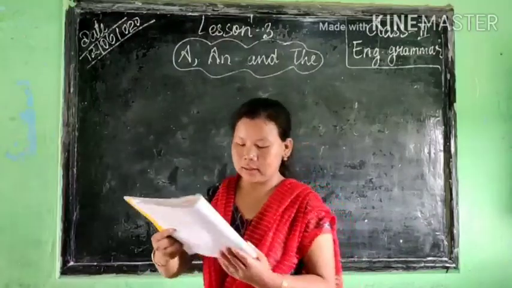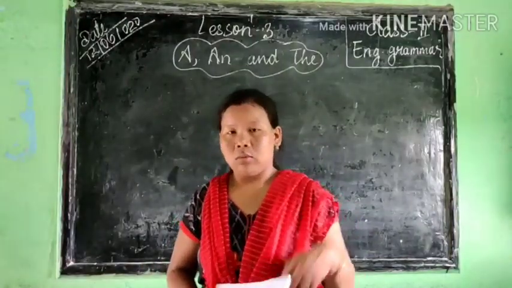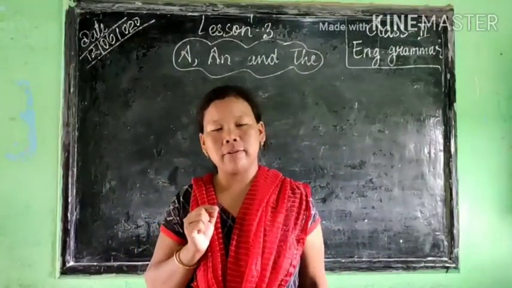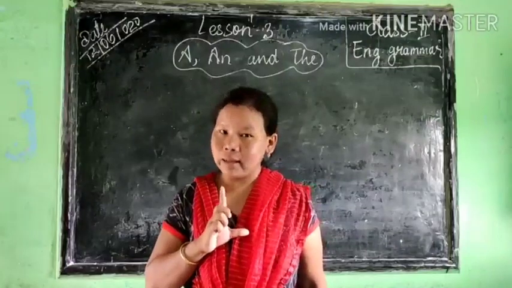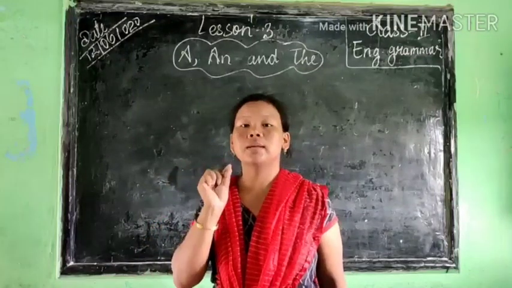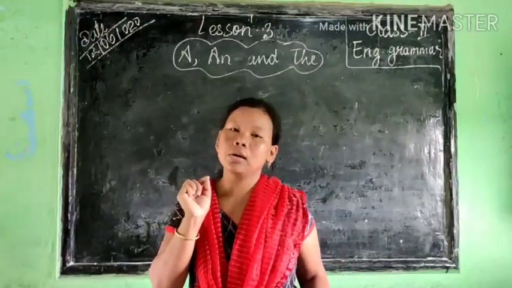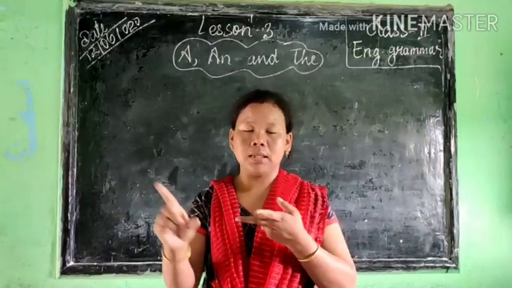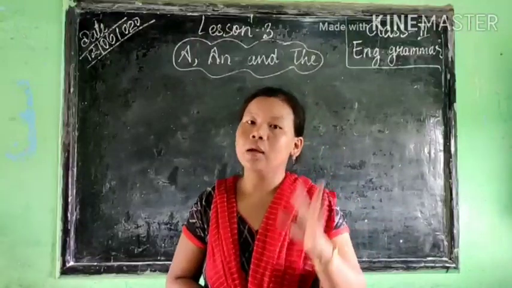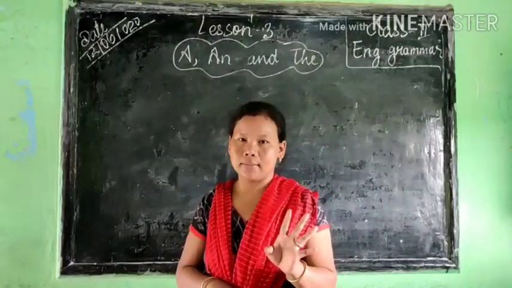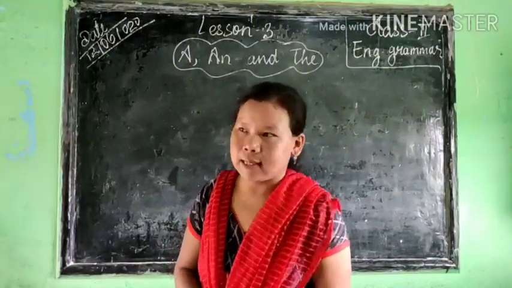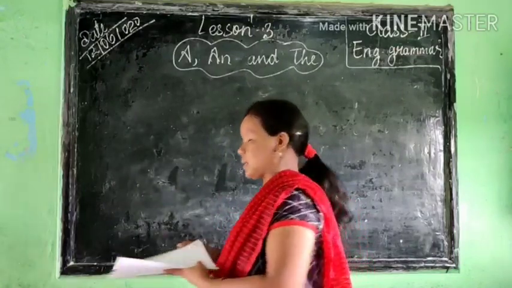ठीक है. So here now, how many letters are there in the English alphabet? How many letters are there? Yes, there are 26 letters, right? We have learned that 26 letters are there in the English alphabet. That are A, B, C, D. Okay, so like this till Z, how many letters are there? 26 letters are there. Remember this. Okay, so now among these 26 letters, ये 26 letters में से